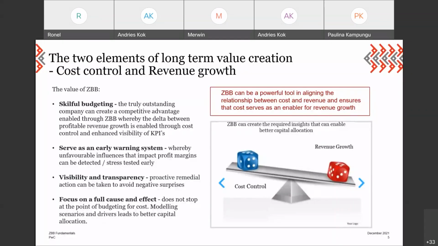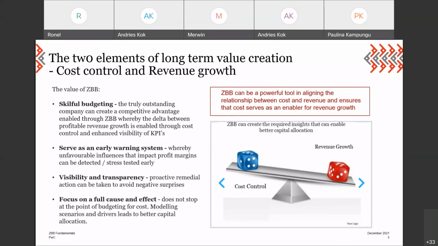Yeah, thanks for that, Renelle. So I think the very important point we want to land here is that it is much more sophisticated than just managing your cost or managing your back office costs. So the way we see it, there are two elements for long-term value creation, which is cost control and revenue growth. And we see ZBB as a sophisticated tool that can enable cost, or the back office cost, to enable